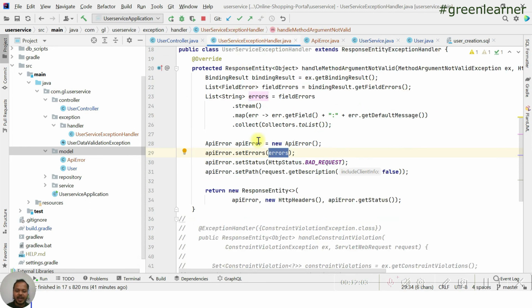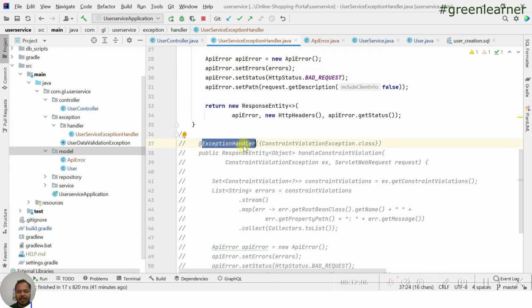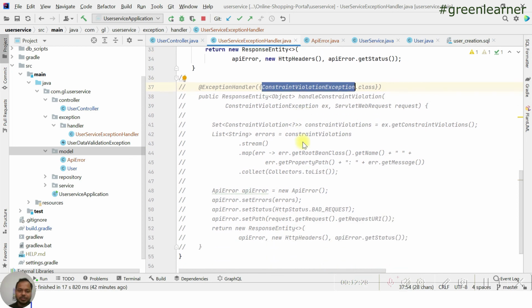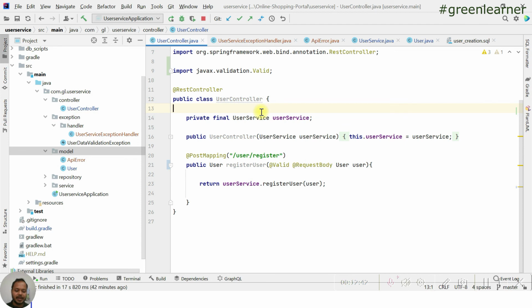If you see this exception handler code, we have this ExceptionHandler annotation, right? This is what takes the type of exception that we want to handle here. Sometimes our database is going to throw an exception, anything. Whatever type of exception it is giving, we can configure that here, and that is going to be very easy. So let this code be commented; when we add that custom exception in further videos, then I'm going to show you that. That is going to be interesting. But you got the idea about this.